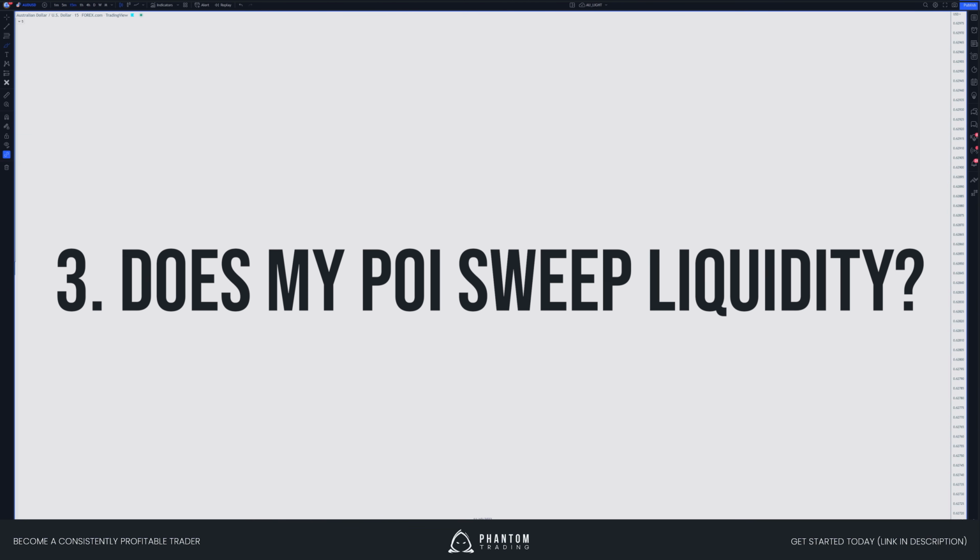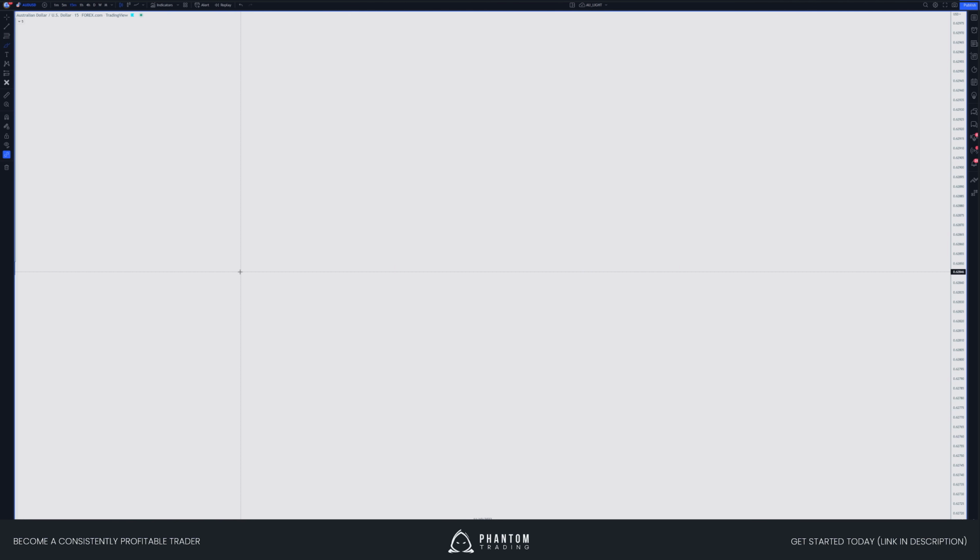Okay, the next concept that we're going to look at here is whether or not a POI sweeps liquidity. And this is one of my favorite confluences to look for, because honestly, it's very powerful. Sometimes it can fake you out, of course. There are going to be situations where you'll misread an order flow shift as a liquidity sweep, but to me it's one of the most interesting ones, because you're essentially witnessing some sort of manipulation in the